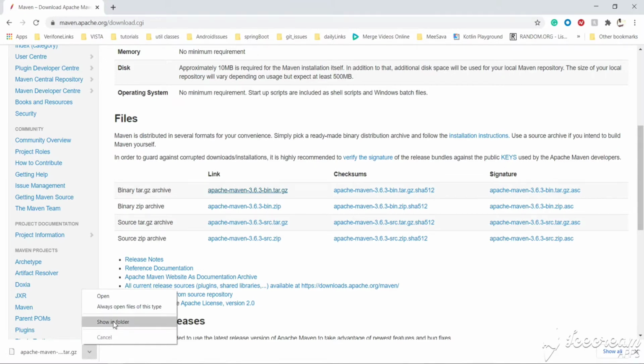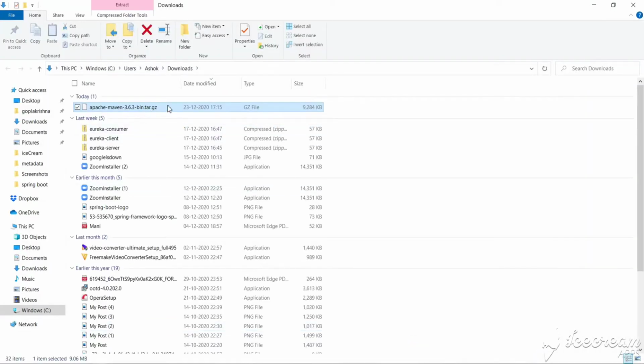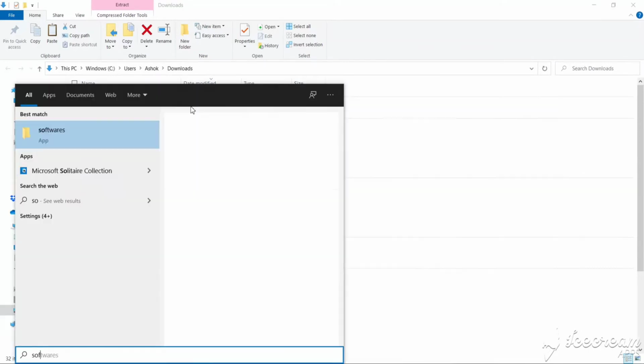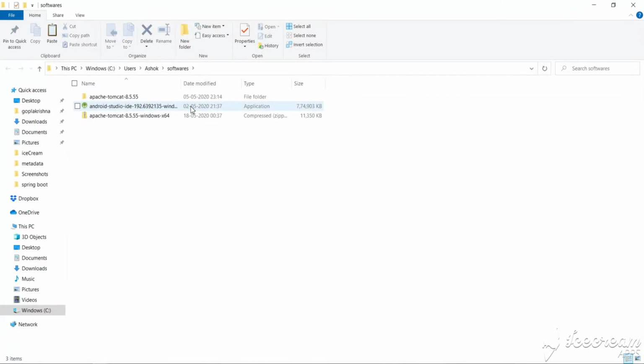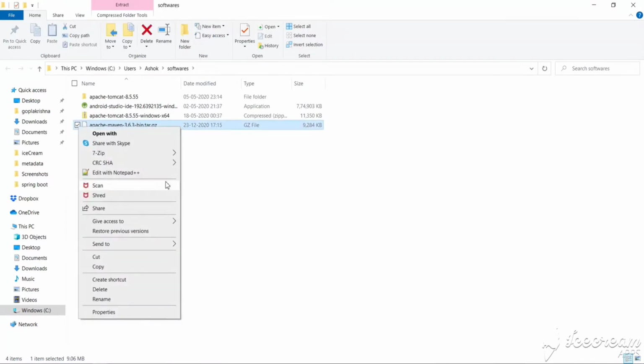Let's go to the folder, show in folder. You have to extract it. For convenience, let's take it out from downloads and keep it in a folder which is convenient for you, either Program Files or any other folder. For me, I have our softwares folder. In that I will paste it and extract it.